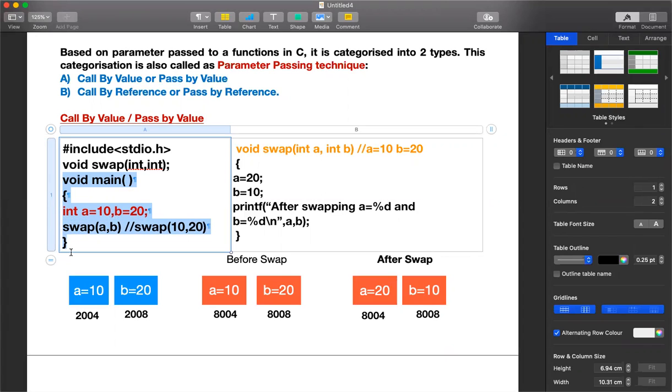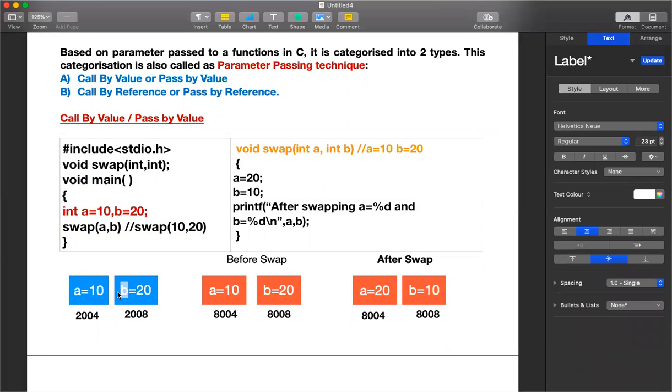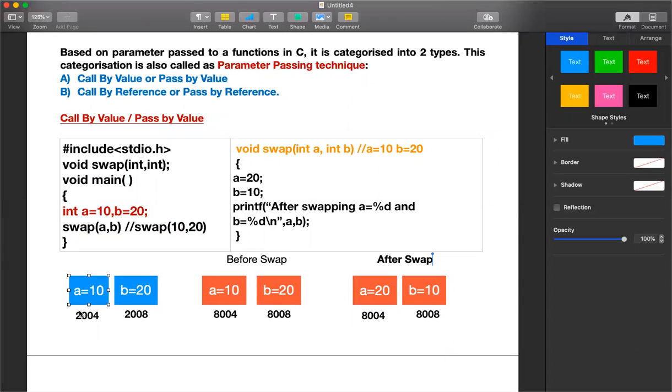When a variable is declared, as you all know by the definition of variables, it's nothing but a memory location where you store some values. So it creates a location for a and b. You can see that a stores 10 and b stores 20 internally, and the address of a is 2004 and the address of b is 2008.